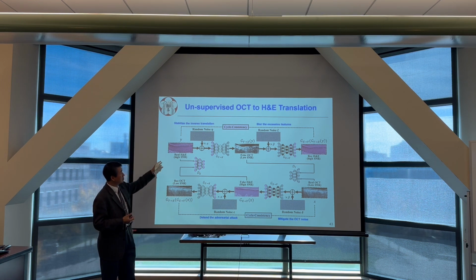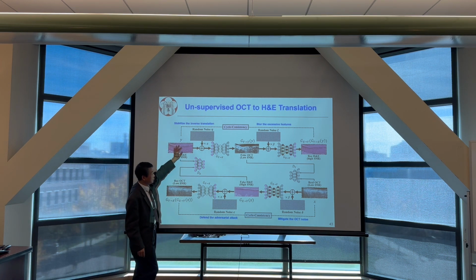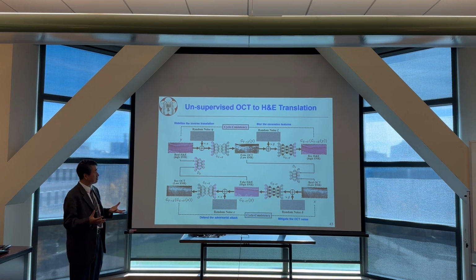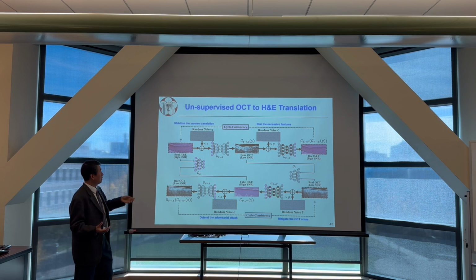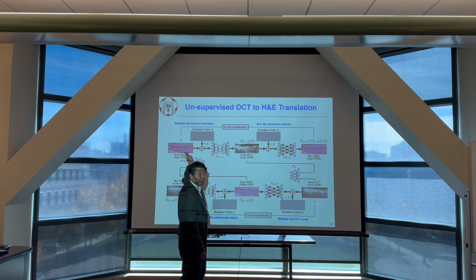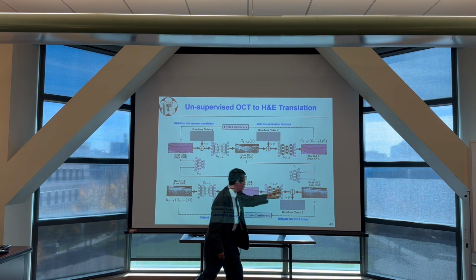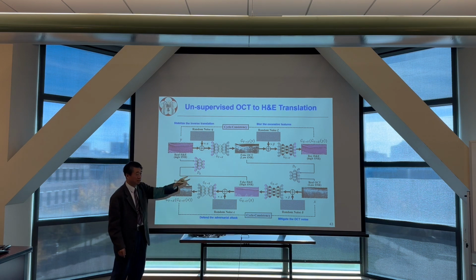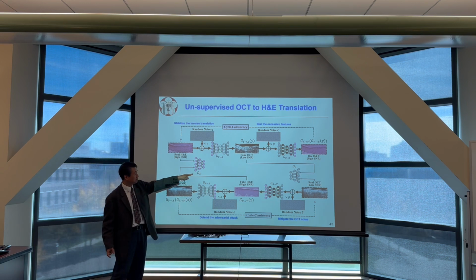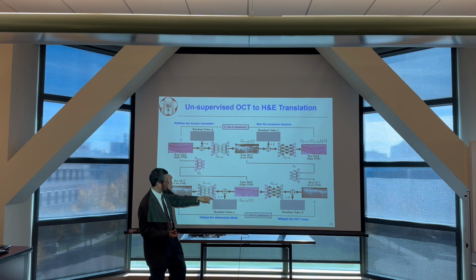And the reason why just a typical cycle gain works without any pair data, because this HE and this OCT are not pair data, I think, is because there are some algorithm works. For example, for this HE, after 2 translations, this one has to be the same as this one, right? Similarly for OCT, after you translate from the original one to this reconstructed one, you have the same. Then for the cycle gain, there is also a discriminator here, because it can judge whether you convert this kind of